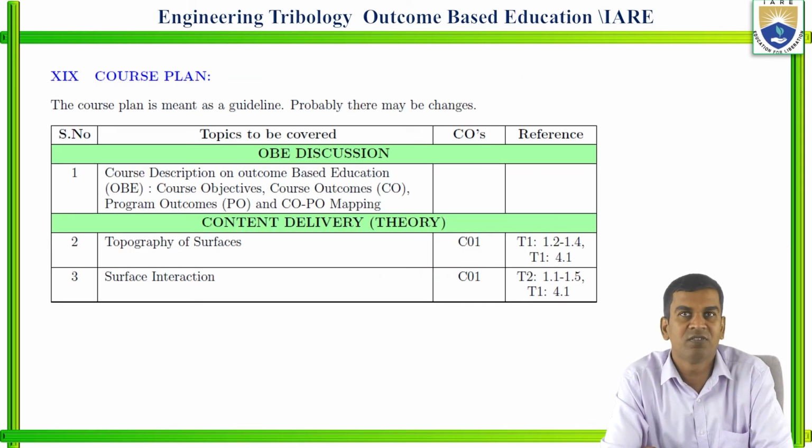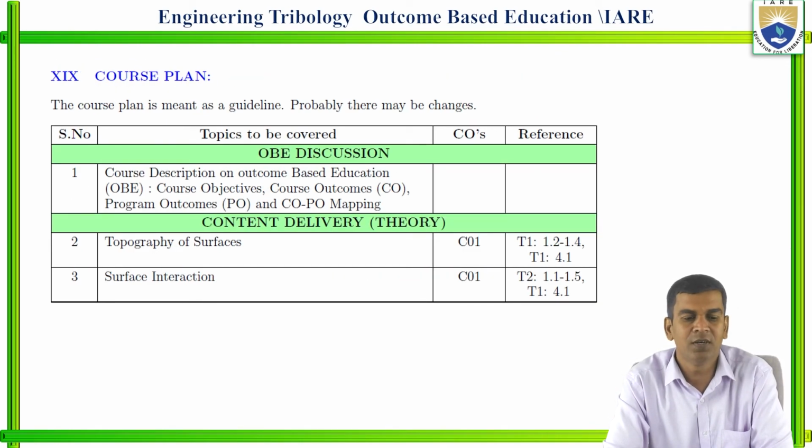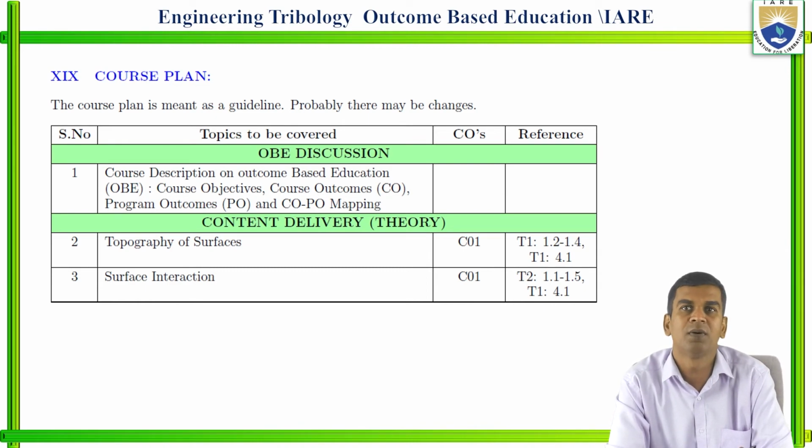Now we will try to see the course plan for this one. The course plan is meant as a guideline. Probably there may be changes. Okay. In the first unit, in the first class, we will be discussing the OBE of the engineering tribology subject. Nothing but the course description, COPO, what are COs, what are POs, and COPO mapping, and our course articulation